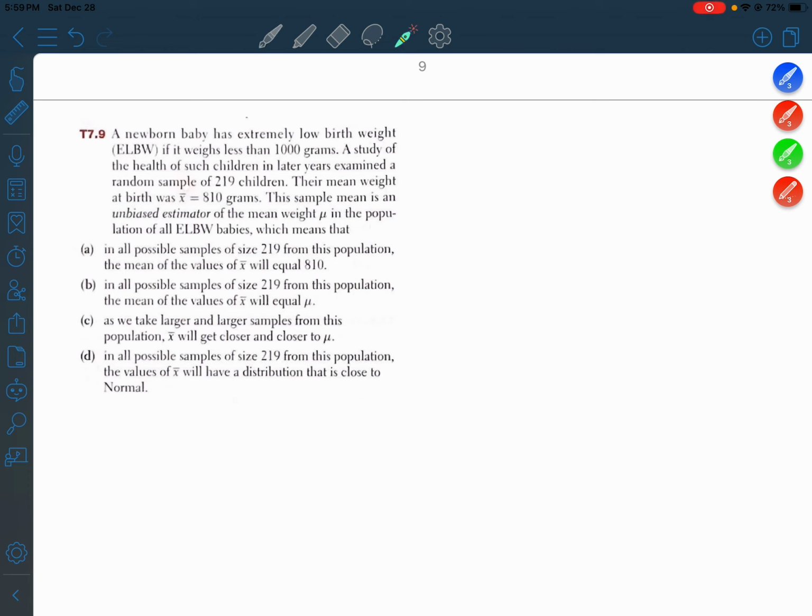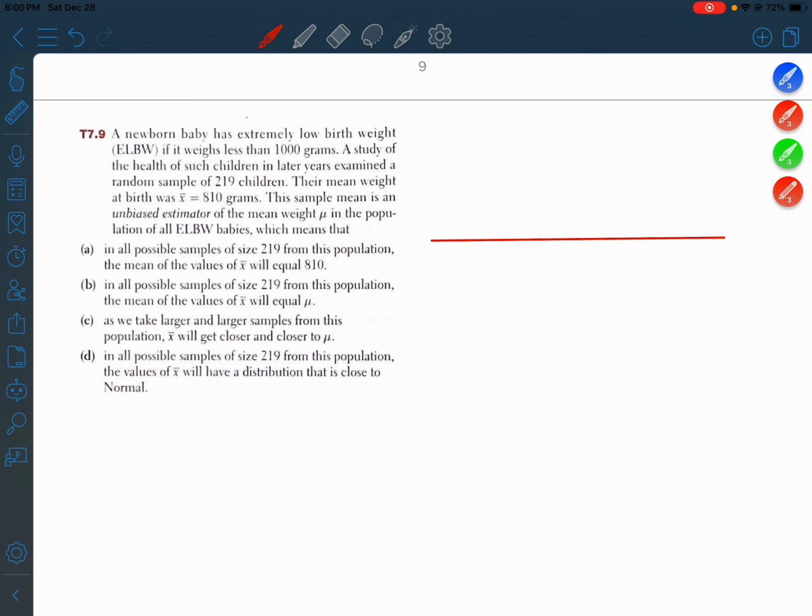So we're using the notation X bar because we're talking about the value from a sample, or the mean from a sample. This sample mean is an unbiased estimator of the population mean weight mu in the population of all ELBW babies, which means what? Okay. All right, so an unbiased estimator means that if we took our